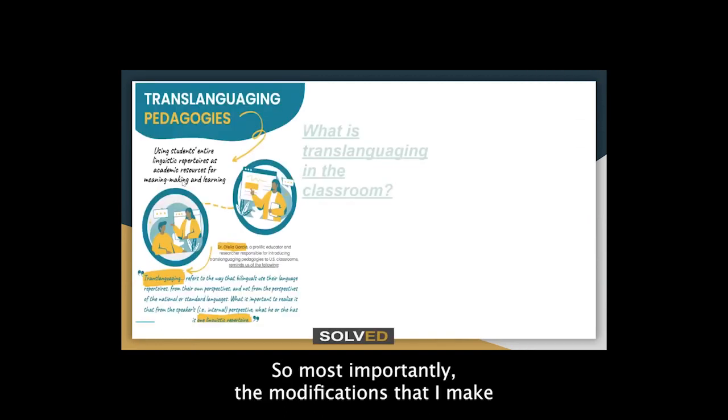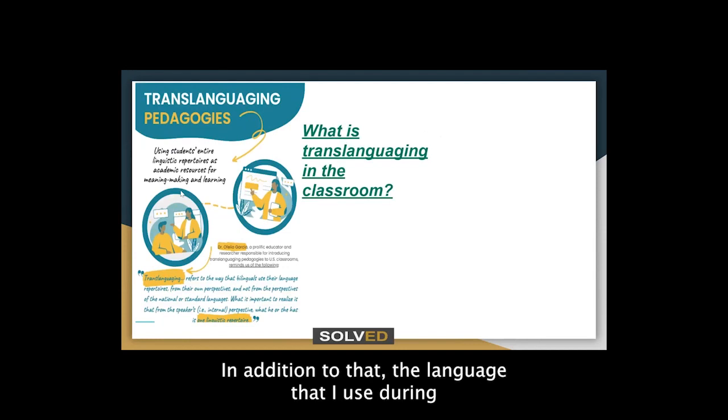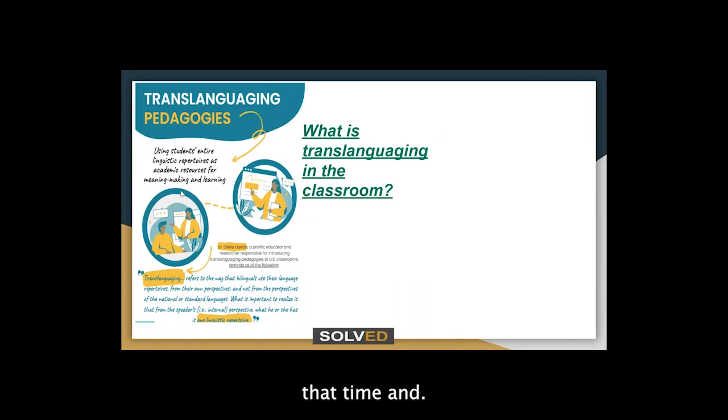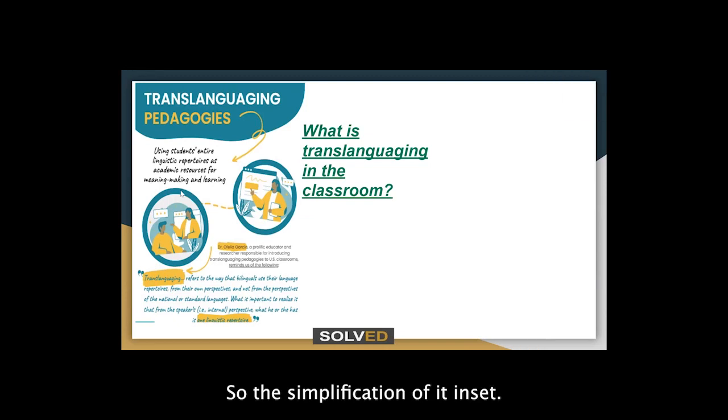So most importantly, the modifications that I make during lesson planning, in addition to the language that I use during that time. Can you give an example? Sure. So the simplification of it, in fact. So for example, let's say